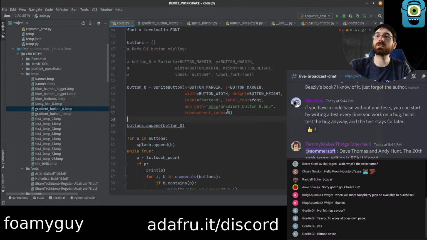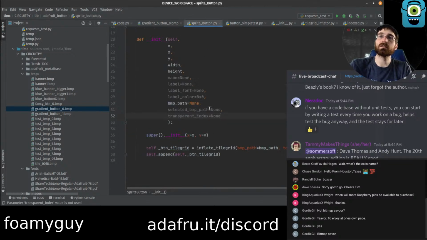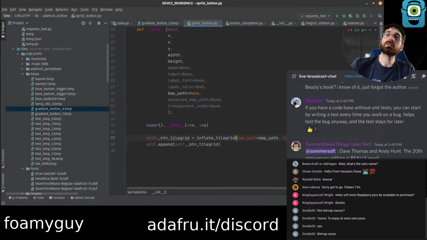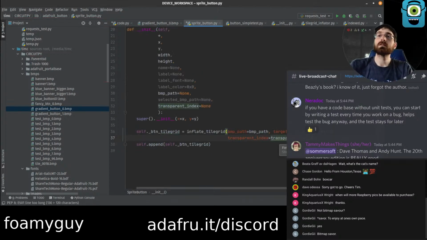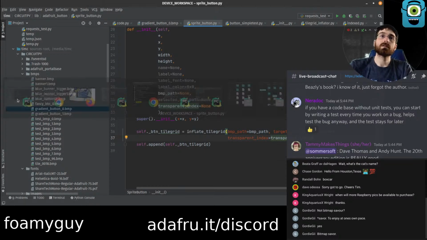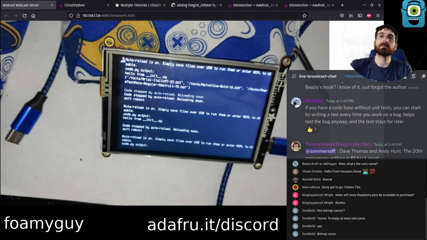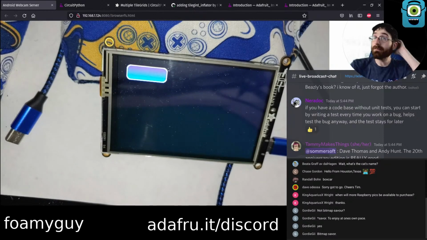So in our case, we're just doing a single transparent index and it's 0, but you can do a tuple here and have multiples if you need. Whoop, got rid of too many. Okay, transparent index 0, and then we need to pass it through as well. Can't click into that. Nice, there we go. There's our transparent.